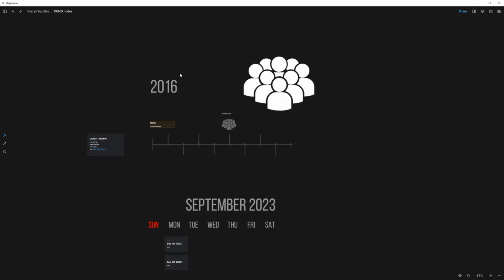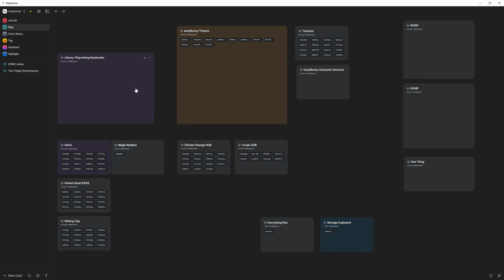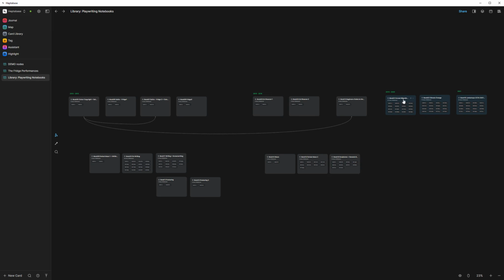But the ability to do these sorts of things where suddenly I can be introducing these graphical super tags, and kind of, well, super tags may be the wrong word because I've heard that in discussions in the Discord server, but these titles, these graphical titles, are something that's going to be a big game changer for me. So if I go back to my own information where I have started to